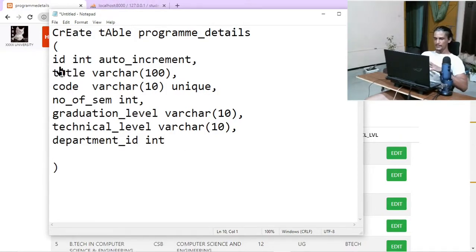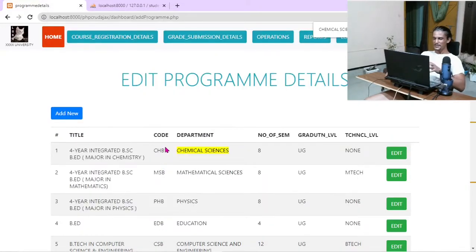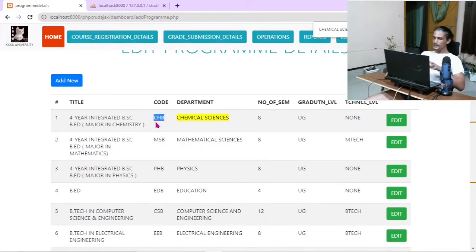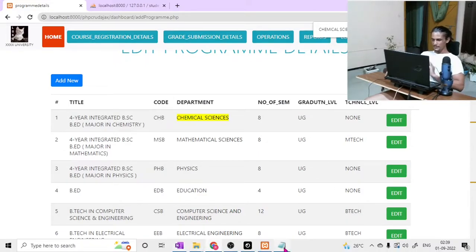in any database table there is a concept of primary key. That primary key is used to uniquely identify a specific row. You might be thinking, yes, code is unique over the table, right? No two rows will have the same value for this code. You can use this code as a primary key. But sometimes you might have to change this code. Suppose, for example, CHB is there, but later on it is found that actually it is not CHB, it is something else, CHD say. So in that case, there might be some other table where you will be referring to this primary key of this particular table. So in that case, you have to change everywhere. So to overcome that problem, I mean, if it is